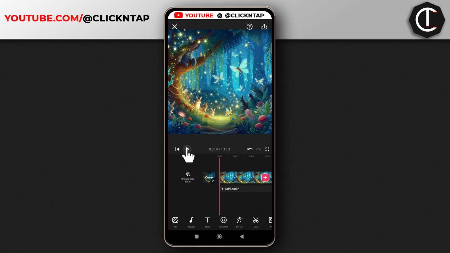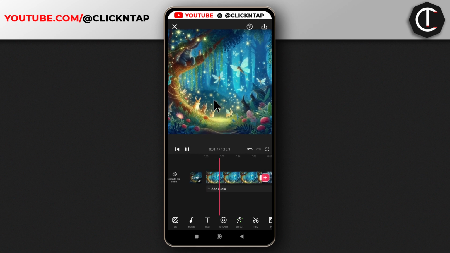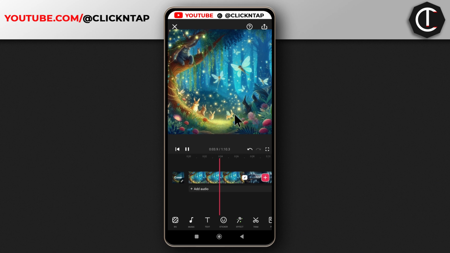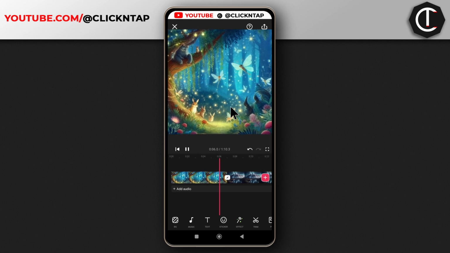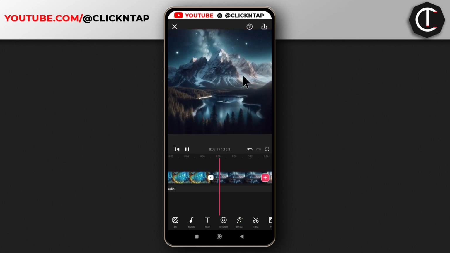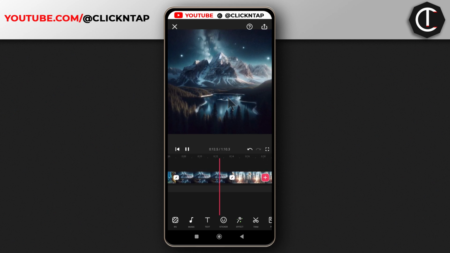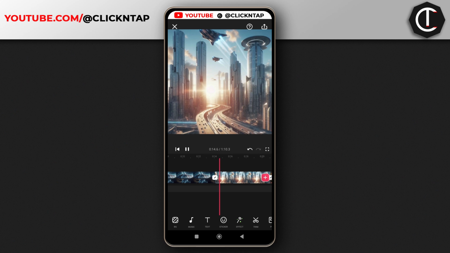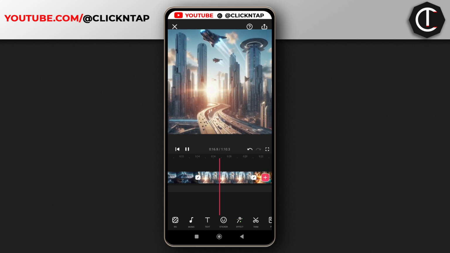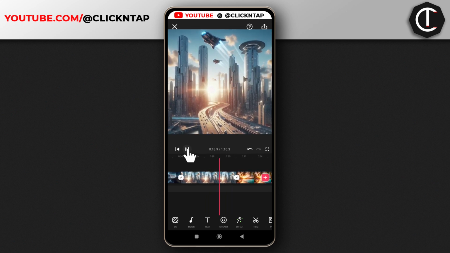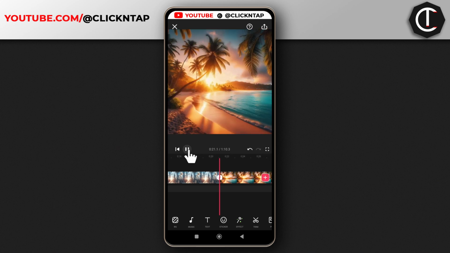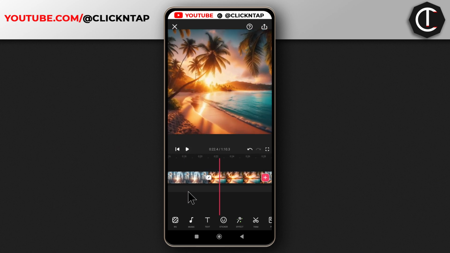Anyways, if I tap play now, you'll see that all the images have this nice zoom animation. Not all zoom in, some are zoom out animations. Like this one is a zoom in, this one is zooming out. This one is also zooming out, and it feels a bit better compared to the images just being stagnant. Okay, so the final thing we're going to do